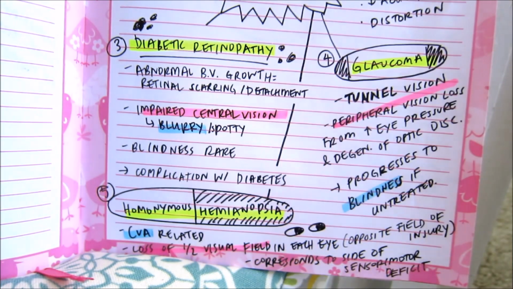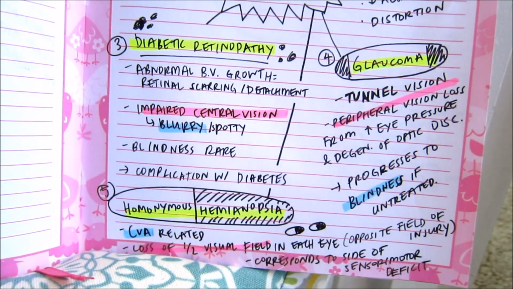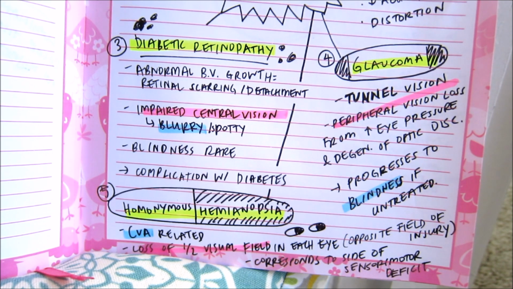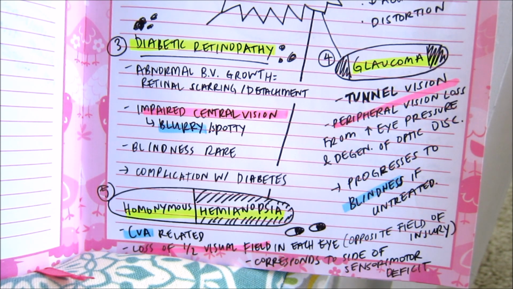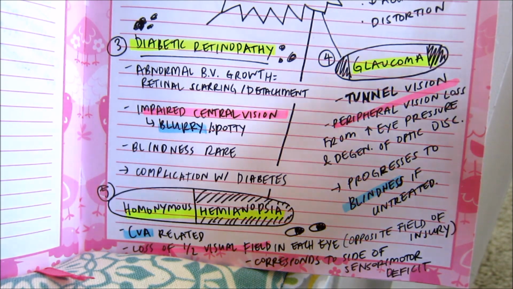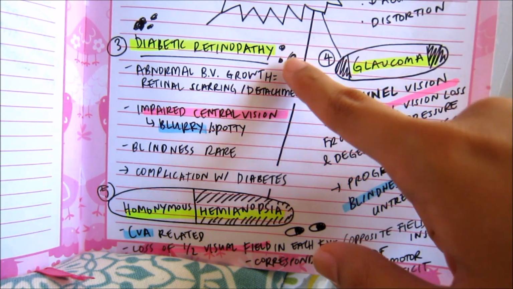So starting with 3 here, we have diabetic retinopathy. So we have the word diabetic in here, which means that it is a complication with diabetes. It's from an abnormal blood vessel growth, and eventually what that ultimately leads to is retinal scarring and detachment. This leads to impaired central vision, which creates like this blurry, spotty effect. So if you ever look up a picture of what people with diabetic retinopathy see, it looks like these kind of like splotchy ink